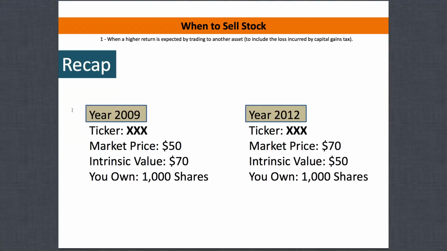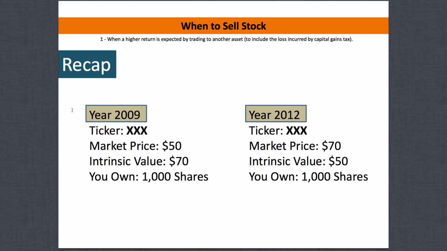Okay, so here's a quick recap. In 2009, we're going to assume that that's when we purchased company XXX, okay? We bought it at a market price of $50. We thought that the intrinsic value was $70, so we bought 1,000 shares, okay? 3 years later, we still own the same company, and the market price came up to $70 a share, but then the intrinsic value went down to 50, and we still own those 1,000 shares. So right now we're in a position where we're looking to maybe transfer that money, those funds, into something else